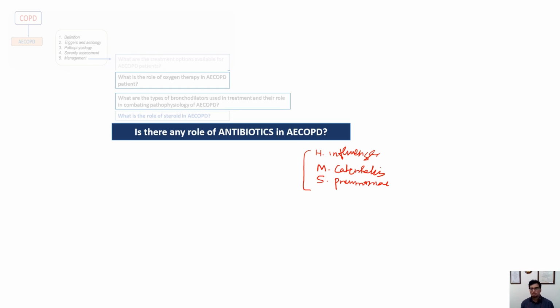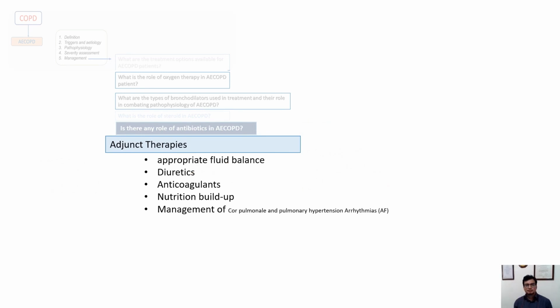The recommended duration of antibiotic therapy is usually 5 to 7 days. When you want to give antibiotics, give them for at least 5 to 7 days, and always perform a chest X-ray to look for pneumonic patches. You can perform even HRCT to grade the severity of pneumonia. So what are the adjunct therapies? Depending upon the clinical condition of the patient, you can have appropriate fluid balance, especially zero balance